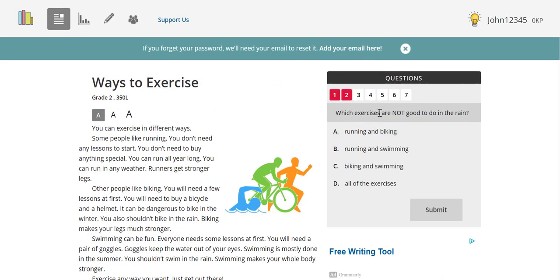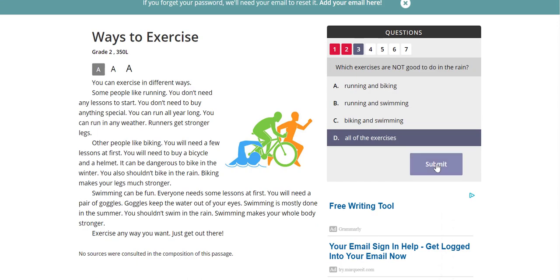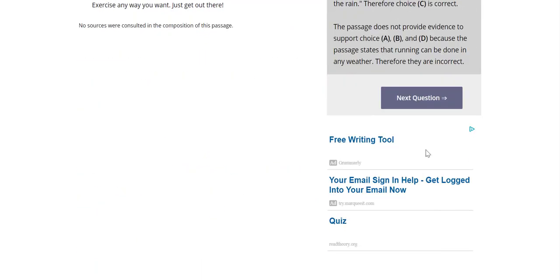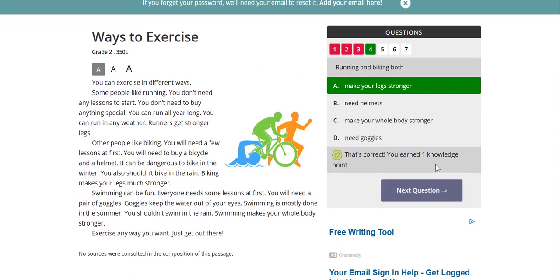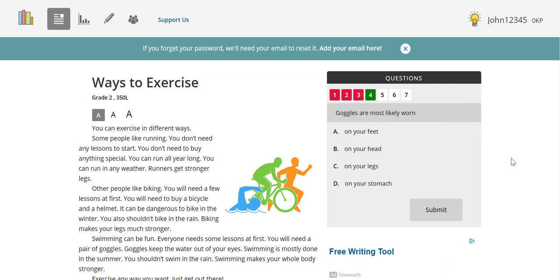Once they have finished this set of questions, it'll go on to the next passage. The passage may be easier than this passage or harder than this passage, depending on how they do on the passage. If they get a question right,